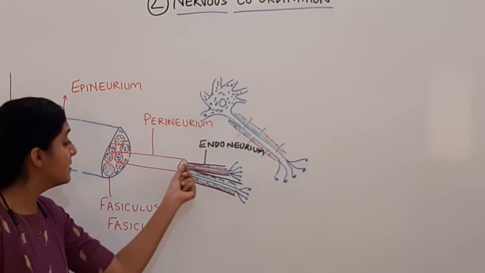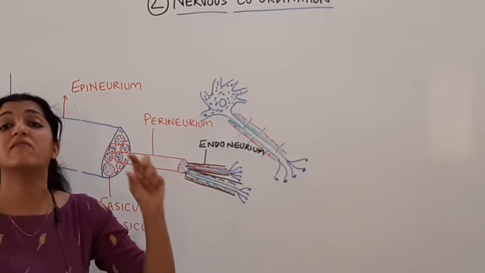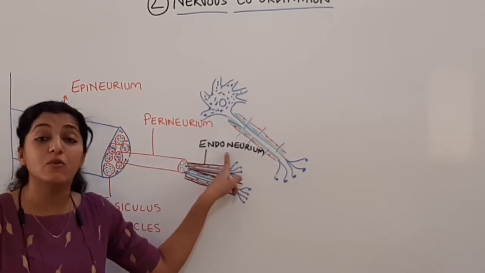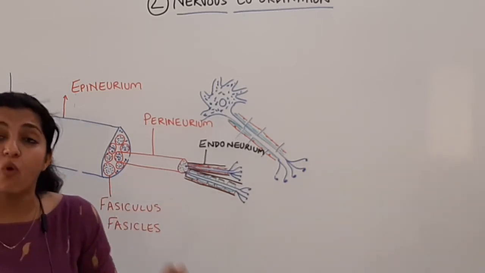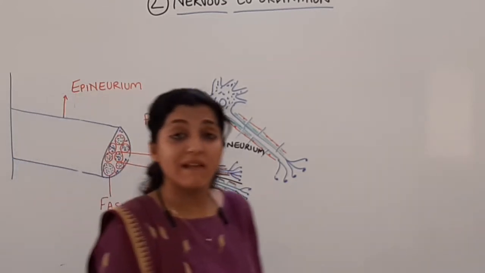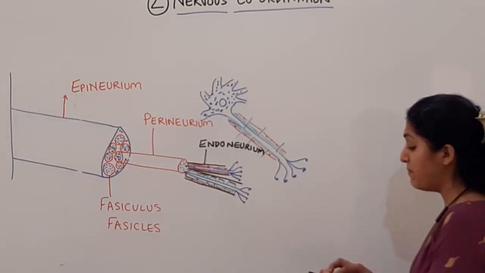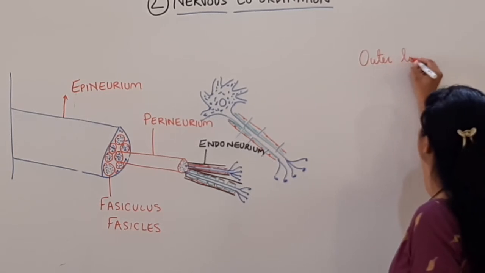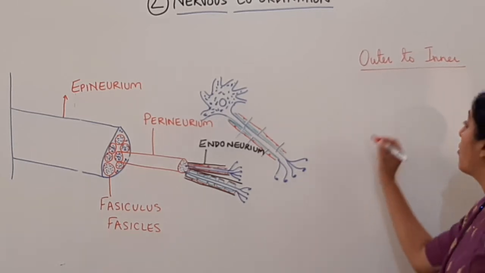But ये एक nerve fiber जो निकलेगा यहाँ से उसकी भी covering रहेगी. That will also have a connective tissue covering around itself, and that connective tissue covering is the endoneurium. Each nerve fiber which is coming out will have a connective tissue coat around itself. That will be the endoneurium. So now help me write down the covering of this neuron from outer to inner. And you also write it down.